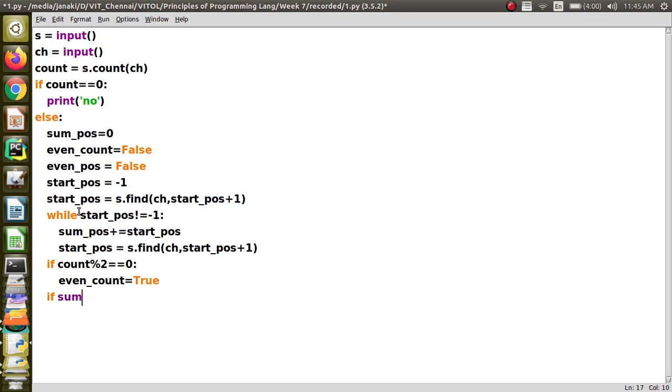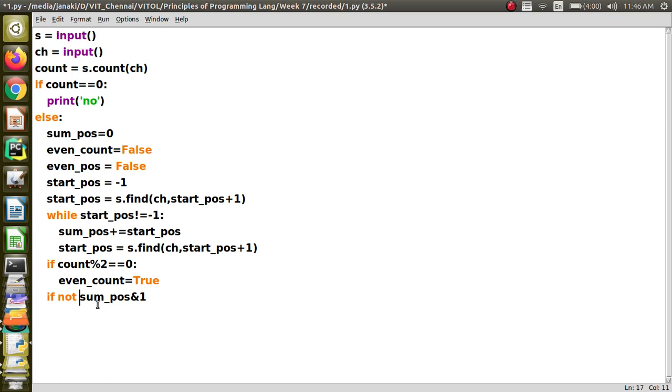Other one is I have to check some position, right. Another way to check if it is even is if it is not odd. See, bitwise operations are much faster compared to arithmetic operations. So, I can prefer doing it. What I am doing here is I am just doing a bitwise AND with 1, right, and this value will be 1 only if it is an odd number. So, what I am doing is if it is a even number, then this value will be 0. So, I am using not operator before it, right. You can do the same thing here also, some position mod 2 equal to 0, that also you can do.